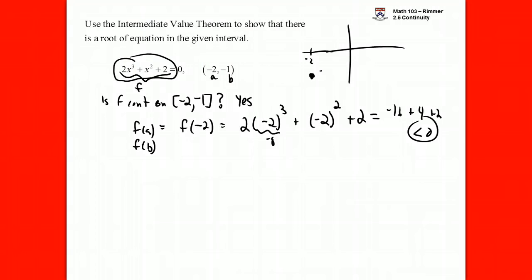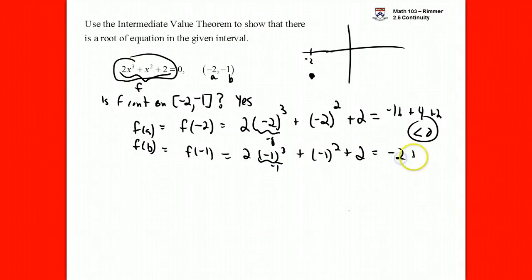Okay. Well, f of b, the other guy, which is -1. Do it all over again for -1. If all goes well, you should expect this thing to be positive, because otherwise we wouldn't be bothering with this intermediate value theorem, because we wouldn't be able to use it. You expect it to be positive, and it is. This guy gives you a -1, so altogether that's a -2 plus a 1 plus a 2. Yeah, it's positive, greater than 0. So somewhere here,